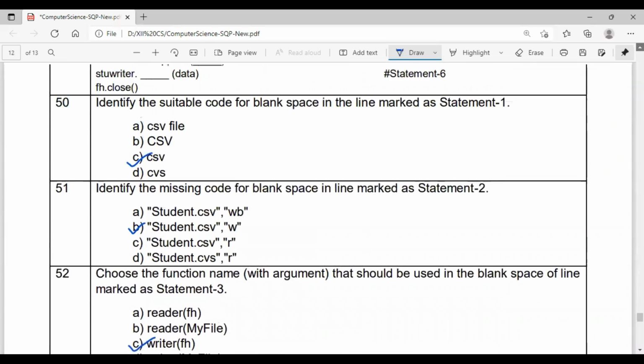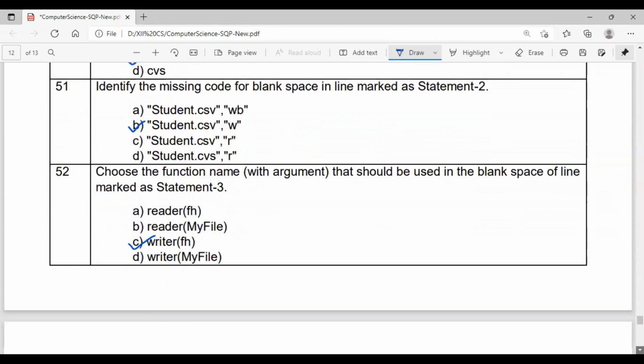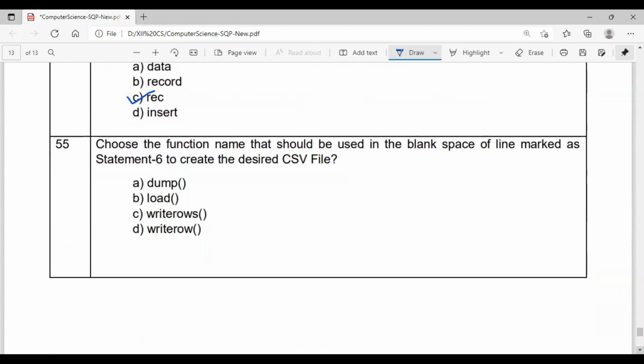Now at the last, what do we have to do? We have to do student.writer. So we will come out of the data, and we want to print it, take it out. When we are getting it, each record, each row will be in the form of a nested list. It will be appended and stored. And you can see this statement 6 is outside the for loop, which means the entire data has to be displayed. Yes or no? So what we have to do? writerows. To get the full data, writerows is needed.